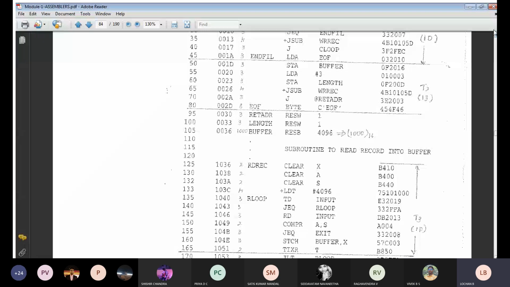Still we have not calculated the opcode value. Please understand, I am talking with respect to the address 0036. From the next address, how you are going to calculate, I am telling 1036. Okay sir. Please understand, students, I have not calculated the object code still. Just I am in that particular column only, to calculate the address. Understood?